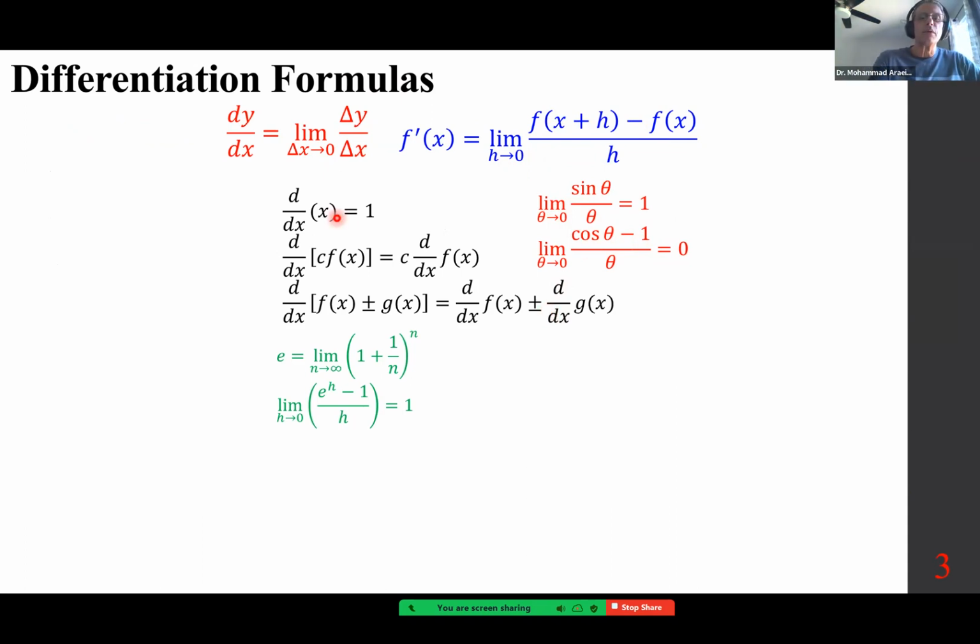For example, the derivative of x is 1. If you are differentiating c times f of x, you can take the c out, and the derivative of the sum is the sum of the derivatives. The derivative of the difference is the difference of